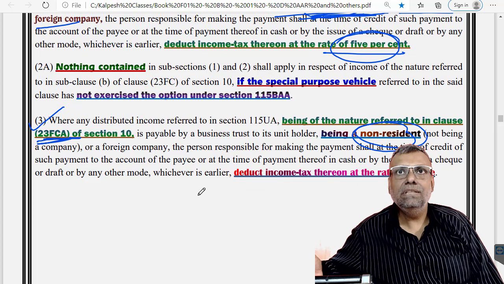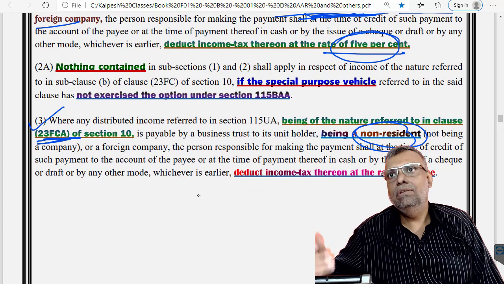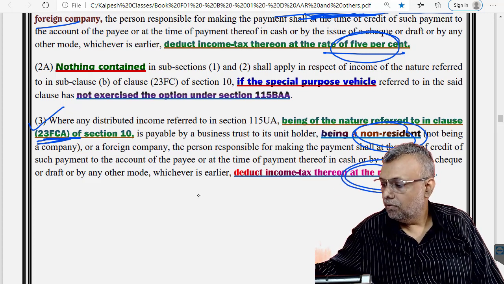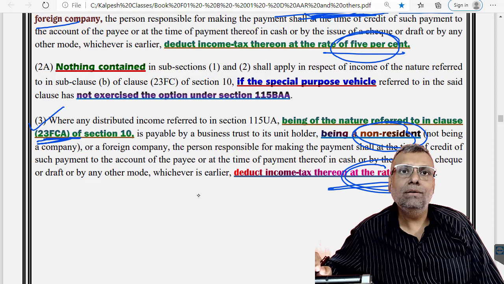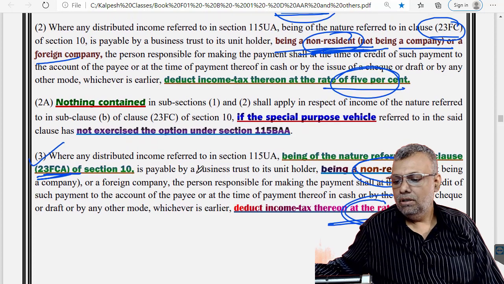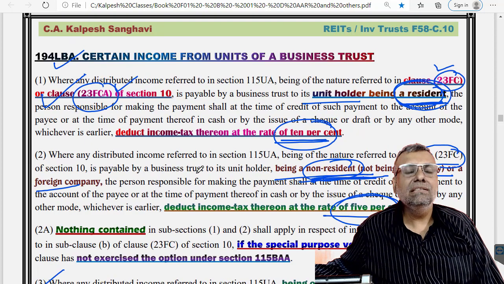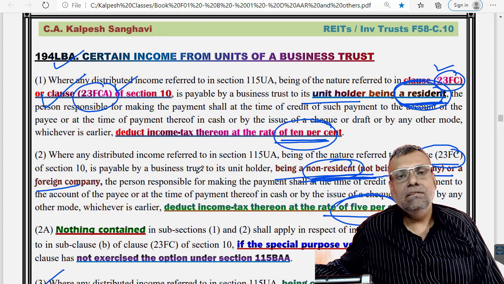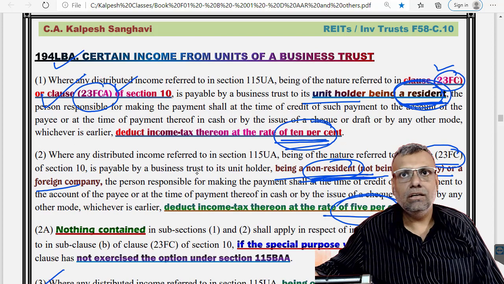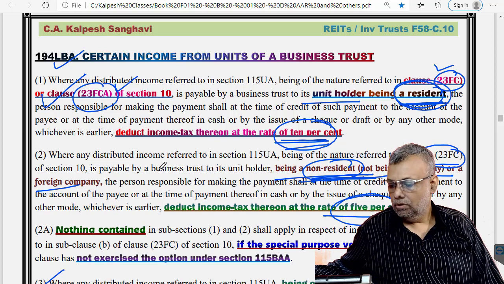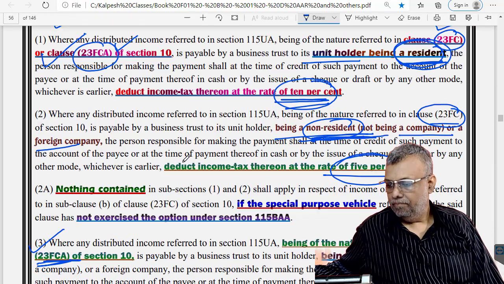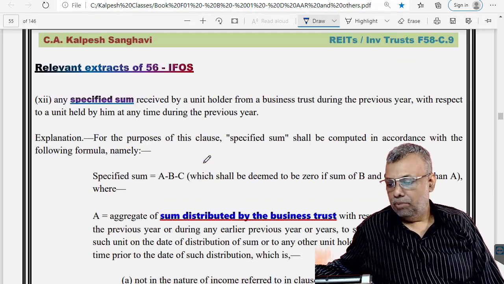So basically it is all FC and FCA income only, which is exempt and will now become taxable in the hands of the unit holder. For that, the applicable rates will be covered with respect to the rental incomes. So these will be your TDS obligations. TDS is there whether your investor is a resident or a non-resident. All these percentages are specifically provided, and they are clear-cut provisions. Now comes the real good thing, as a matter of interpretation. See, things are pretty simple and pretty clear.